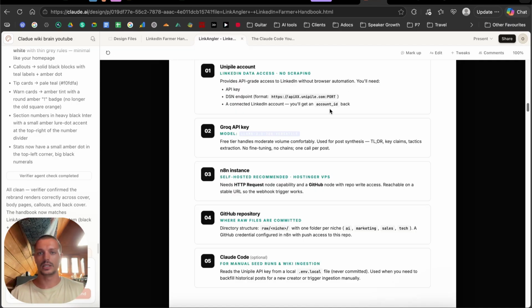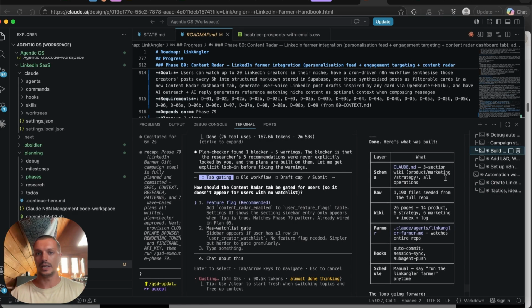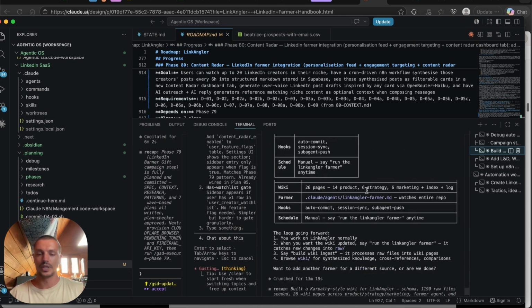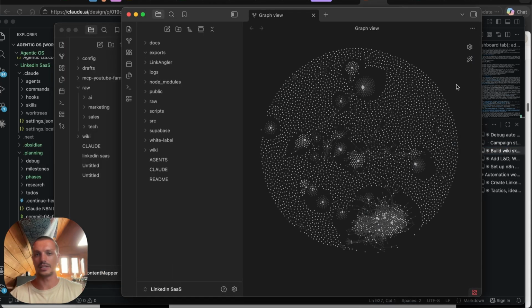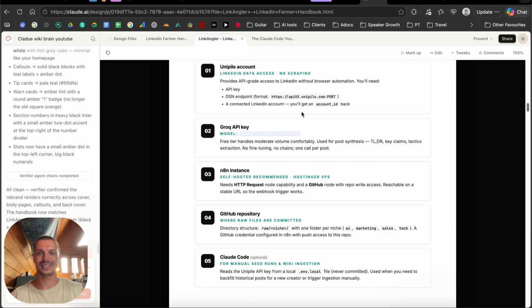Once you've got that skill and you've added it to your Claude Code, you'll pretty much be able to build it at any given time. So here you can see I've just done it recently for my Link Angler tools to see what the brain would look like for that. And so here you can see this is what the brain looks like for my Link Angler application. Obviously, I've been doing this for many more months now, almost over half a year, and so it's a far more complex map than the content map. Once you've got the Build Wiki skill going,